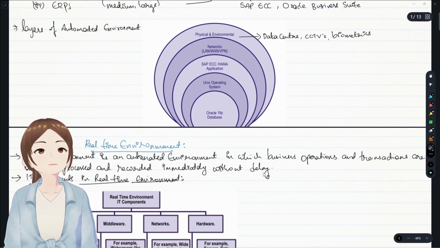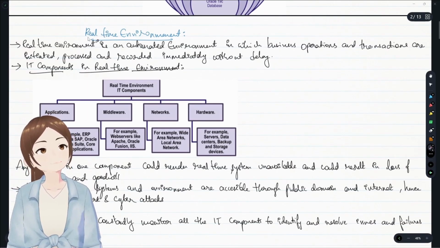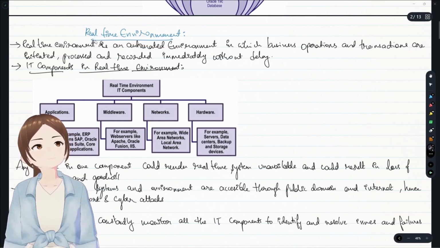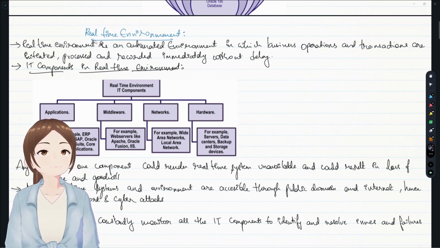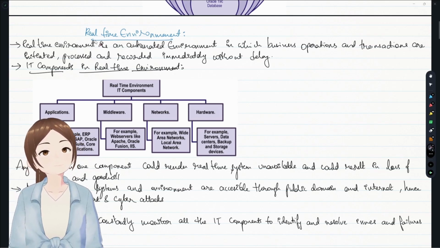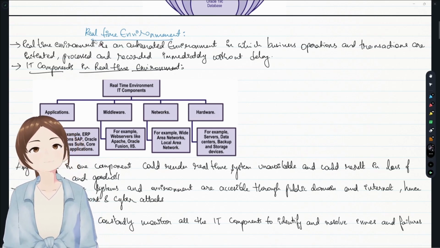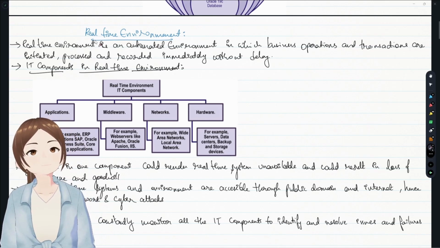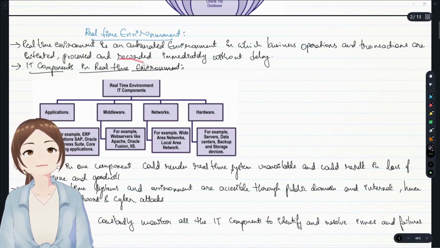The next topic in automated environment is the real-time environment. The real-time environment is one where a transaction gets initiated, processed and recorded immediately, like GPay transactions. As soon as we initiate a Splitwise bill of 30 rupees to your friend, it gets immediately processed and reflected as credited to your friend's account and then recorded in your books and his books.